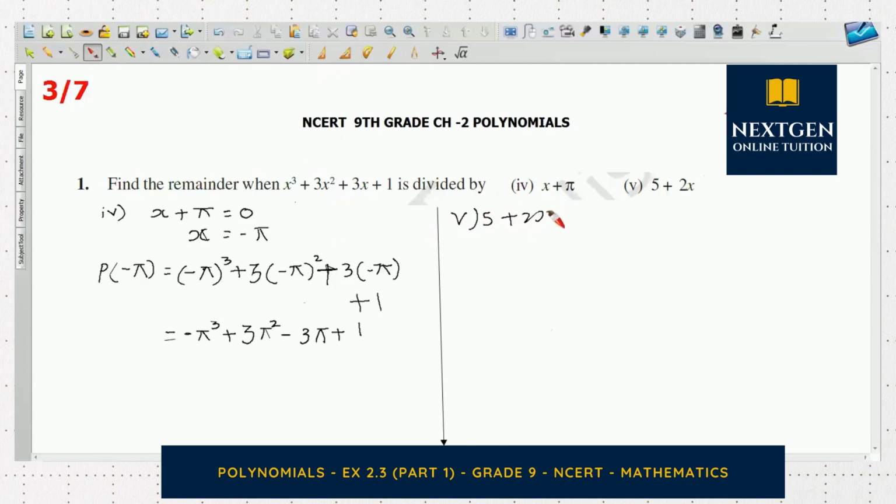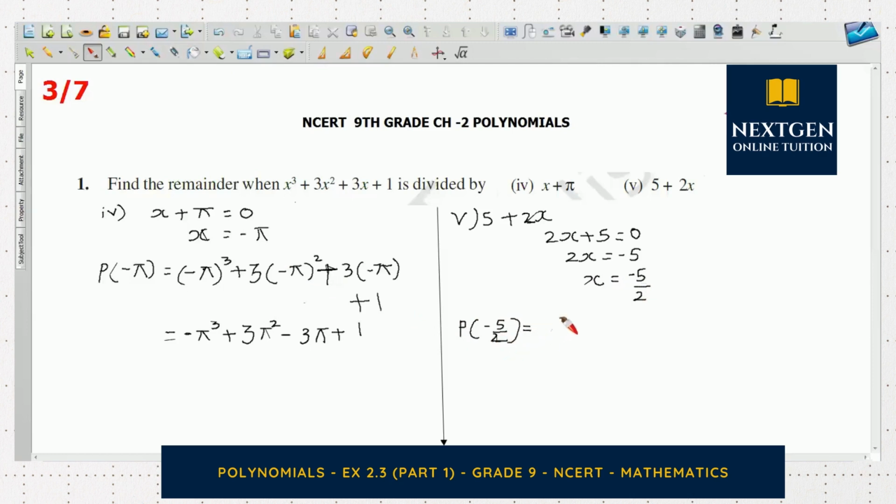5 plus 2x. Substituting. So before substituting, we need to rearrange. 2x plus 5 is equal to 0. Okay, according to the power, 2x is equal to minus 5 and x gives me the value minus 5 by 2. Now my x value has been found out. So p of minus 5 by 2